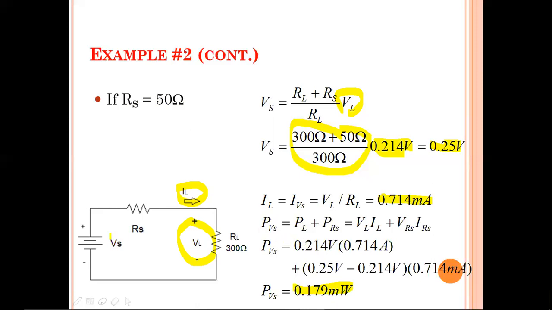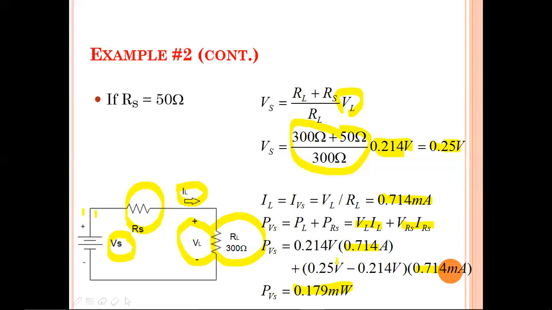For finding the power supplied by the source, Vs, the power is going to be utilized by two elements. One is the internal resistance, one is the load resistance. So you need to find the voltage across the internal resistance and the current flowing through it. Also you need to find the voltage across the load and the current flowing through the load. For that, VL into IL plus VRS into IRS. The current is in series, so the total current is the same. That is the reason I added 0.74, but the voltage is going to be divided because the voltage in series is not the same. Only the current is the same in series elements, in a series connection.